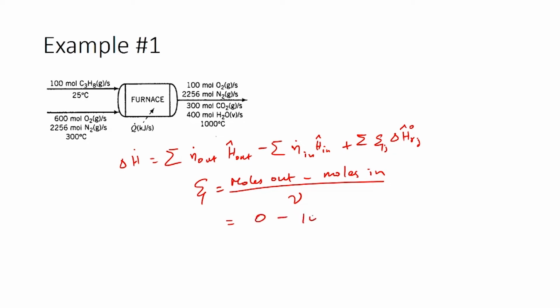So, moles out is 0, moles in is 100, and the stoichiometric coefficient would be -1 because it is a reactant with a stoichiometric coefficient of 1. So, this would mean the extent of reaction is 100. So, 100 moles of the compound is getting reacted in this reaction. Using this extent of reaction, we can plug the values back into this equation and calculate the total change